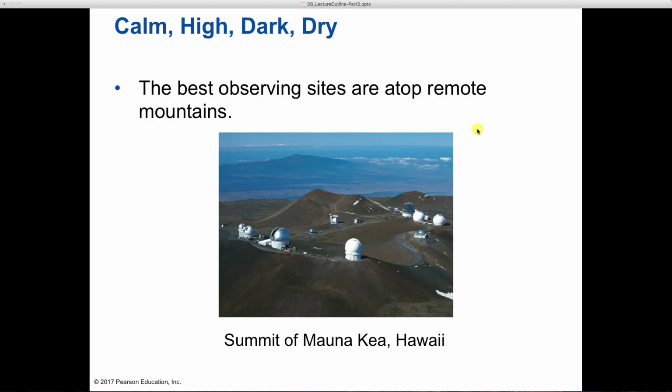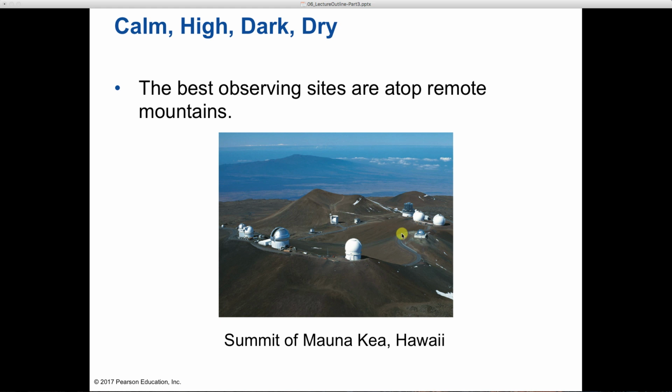So you can also put telescopes up on mountains, and that's what you usually try to do. So this is the example we talked about a little bit before: Mauna Kea, the volcano in Hawaii. These are the two Keck telescopes that we had looked at before, and there's other telescopes up on the mountain too. So you're not up on top of this mountain because you want to be closer to the stars. Your distance is negligible from the ocean to the top of the mountain in terms of the distance to the stars, so it makes really no difference.